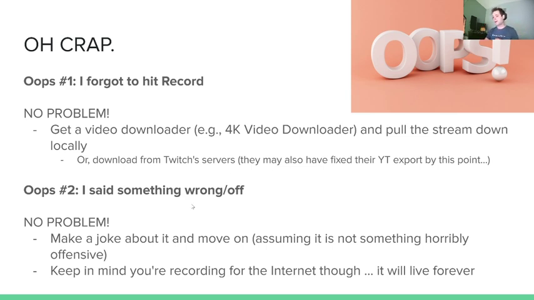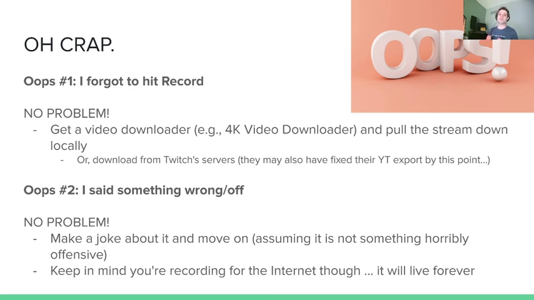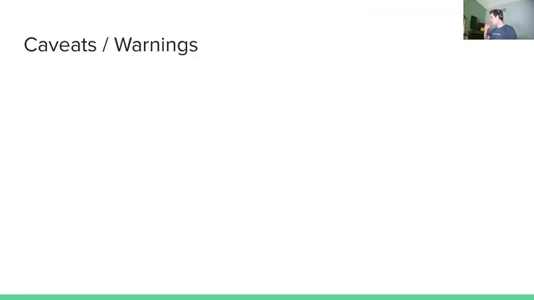The one thing to keep in mind with this new world that we're in is that you're recording for the internet. It's going to live on forever in some way. Whether you delete it, hopefully it's gone, but there's probably already a copy of it somewhere. You're just going to have to live with that knowledge that my lecture on VPNs and containers is probably going to be there forever in some fashion. So make sure that you've rehearsed what you want to say and that you don't say something that's going to be negative 30 years down the line.